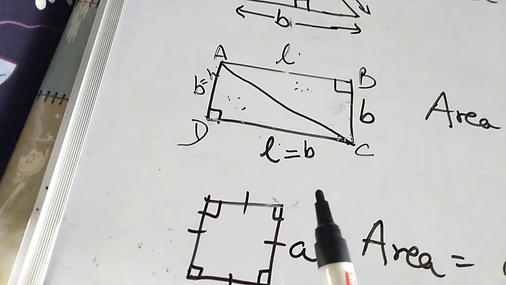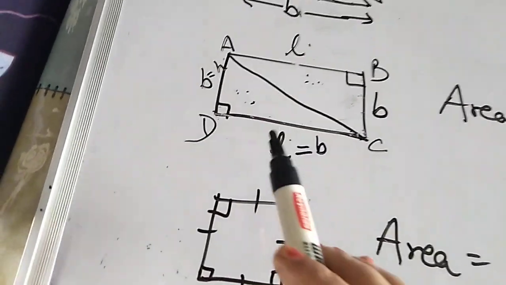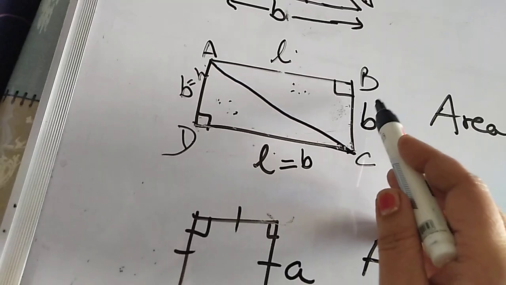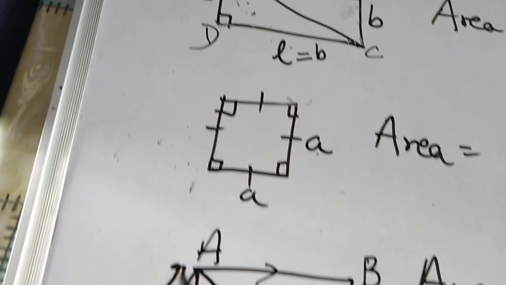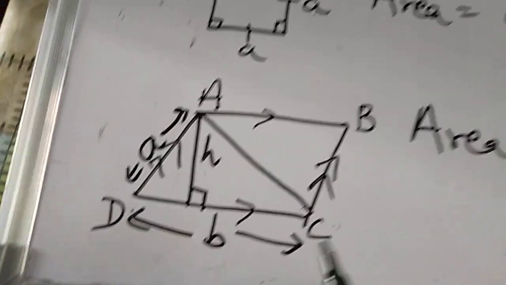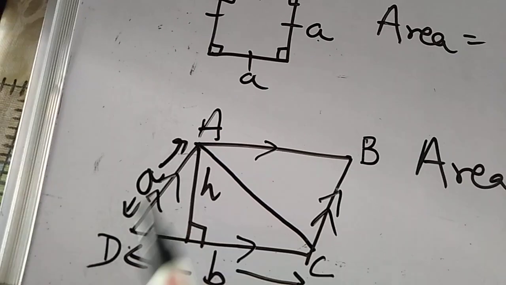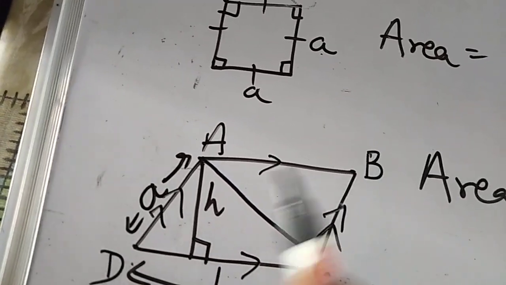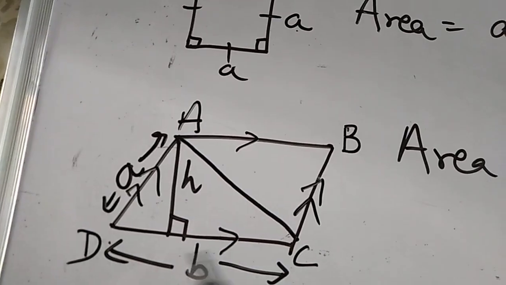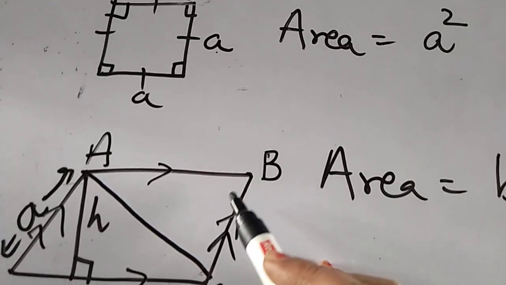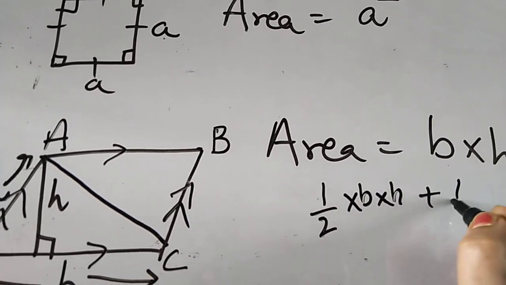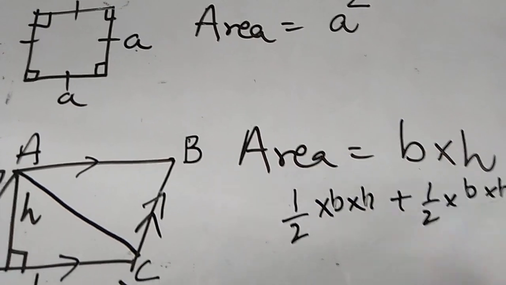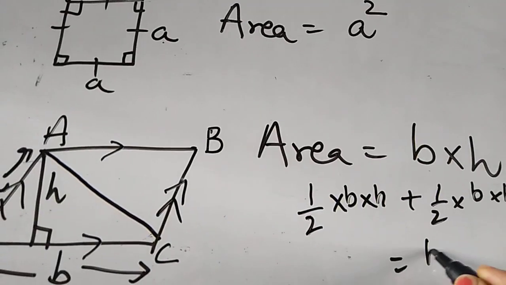Okay. A rectangle is a special kind of parallelogram, where we multiply base into height, because this is the base and this is the height. Yes, a square is also a special kind of parallelogram, so base into height. This formula can be applied here. And why is the parallelogram area base into height? Because it is formed of two congruent triangles. The triangle ACD area is half into base into height, so half into B into H plus half into B into H, half plus half, makes it base into height.